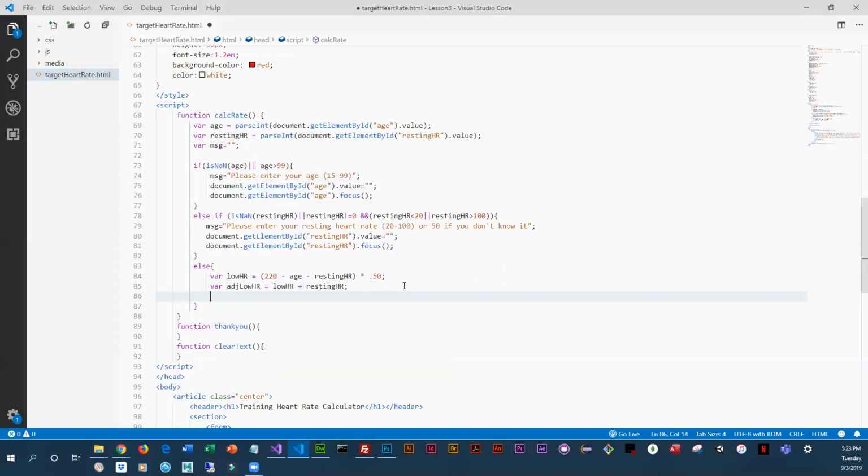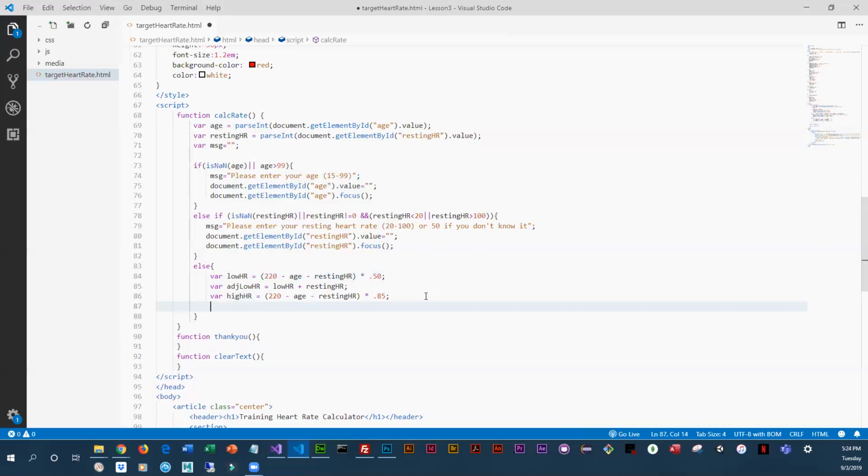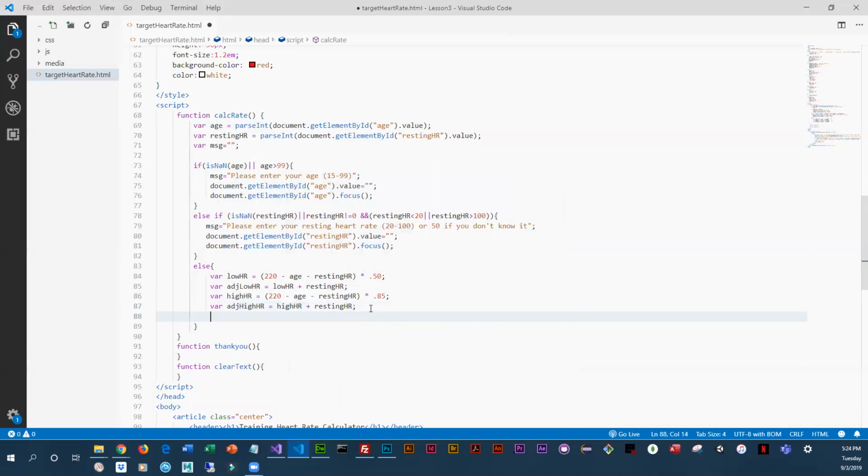And so for the high end, it's going to be similar. I'm going to have a variable that I'm going to call my high end heart rate equals. The formula is very similar to this, but the percentage that we are multiplying by is 0.85. And the adjusted high heart rate is very similar to the low calculation. It's just that now we're taking the high heart rate that we calculated, and we're adding in the resting heart rate. So at this point, I have my adjusted low, I've got my adjusted high, and I can